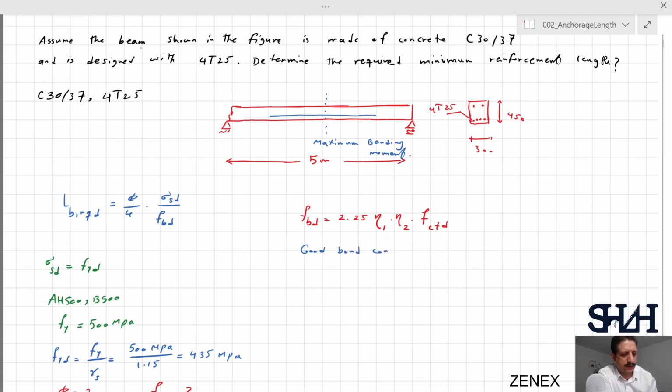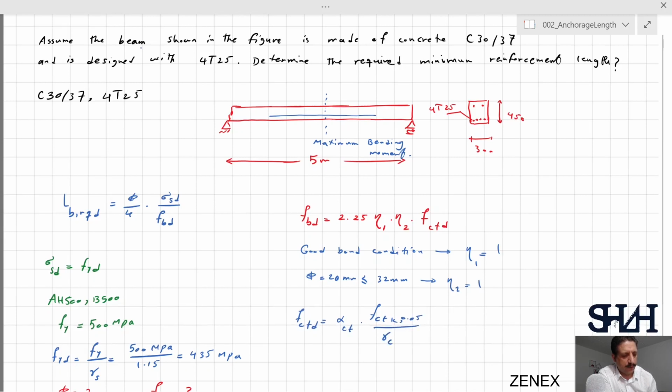Good bond condition. As a result, eta 1 will be 1. B is 20 millimeter and it's less than 32 millimeter. As a result, eta 2 is also 1. And then FCTD, according to chapter 3, is alpha CT multiplied by FCTK